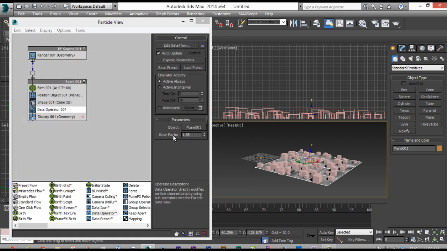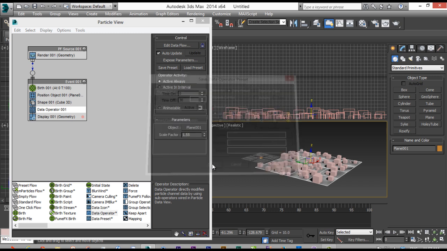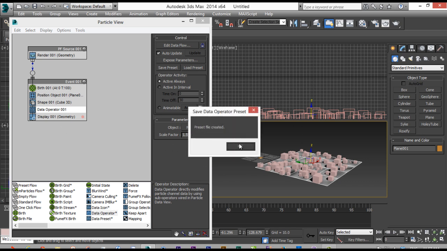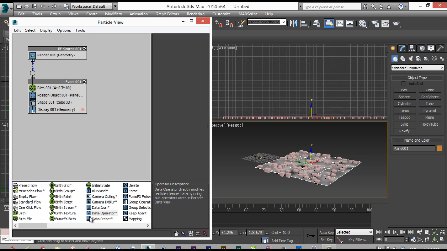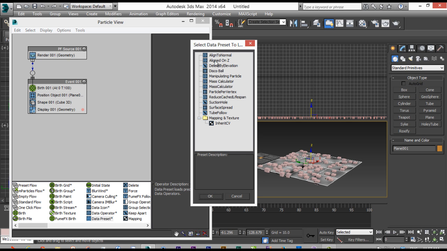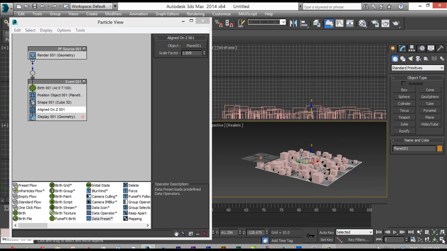Okay, right now you see here we have two parameters, and we can even save the preset, say align on Z, something like this. Preset file created, and you can even delete this, and another time you come into data preset, you put here and select aligned on Z, select your object and your scale factor, and you see that they are